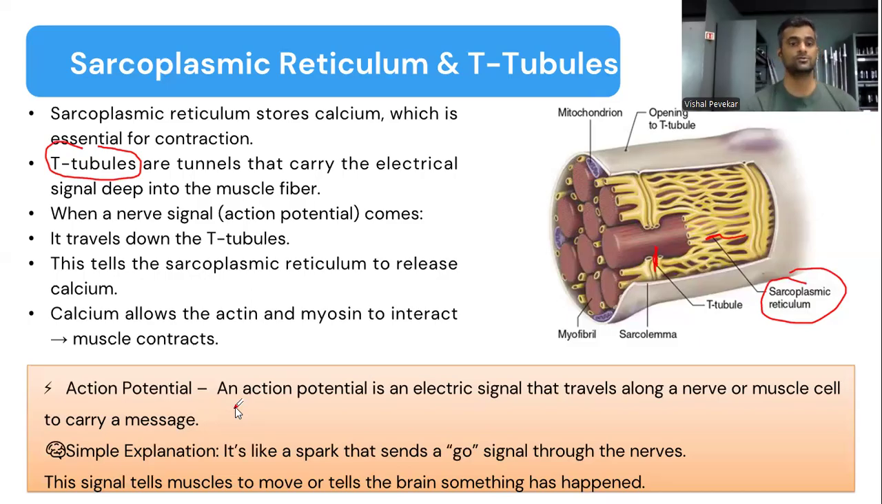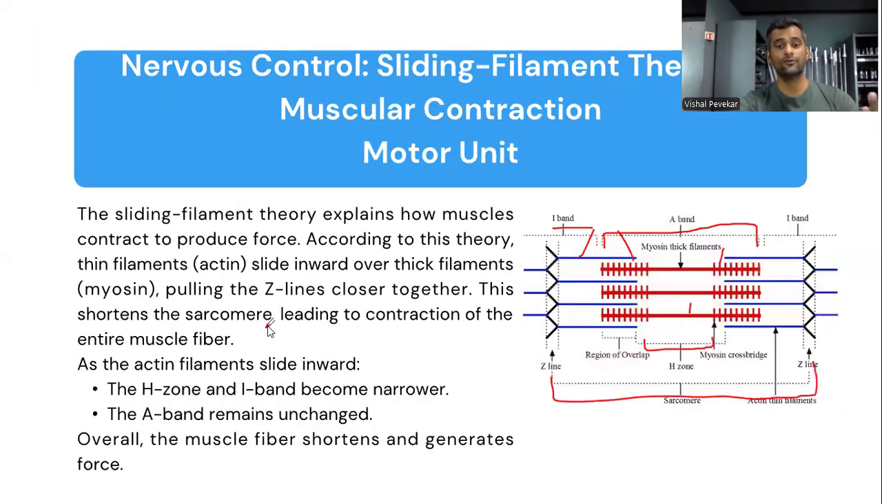Through the T-tubules. So what happens as soon as the signal is received is that calcium is released into your muscle through the sarcoplasmic reticulum. Calcium allows the actin and myosin to interact. So basically, calcium is released, and then we need to go further here. So what happens basically in this